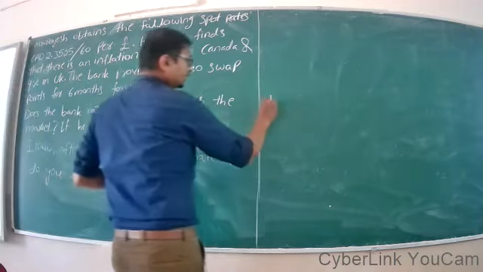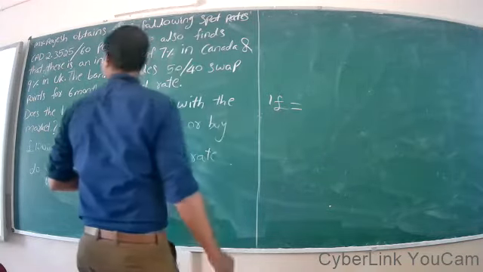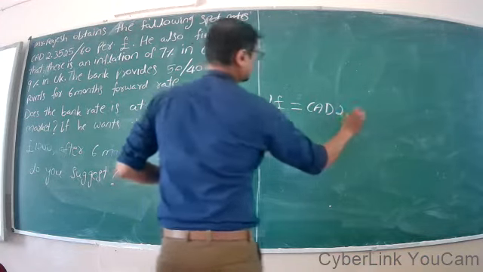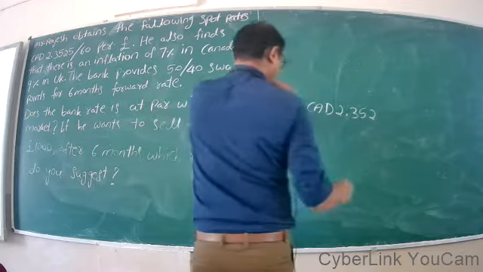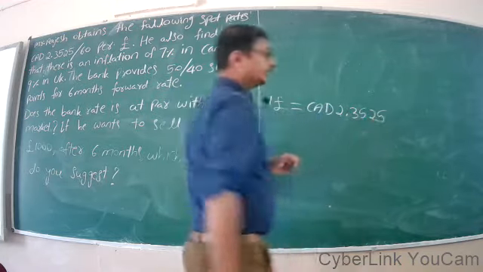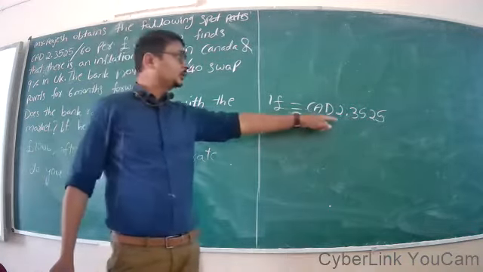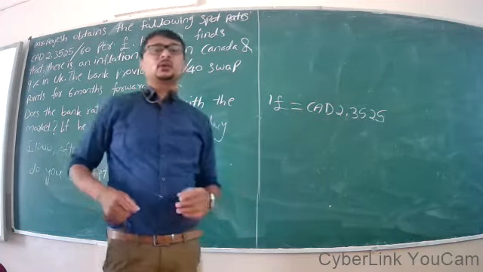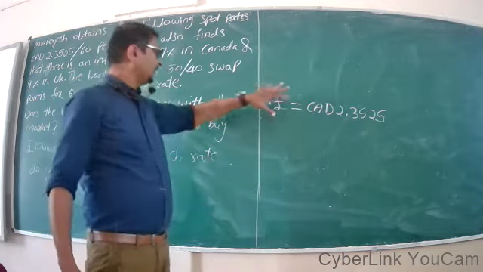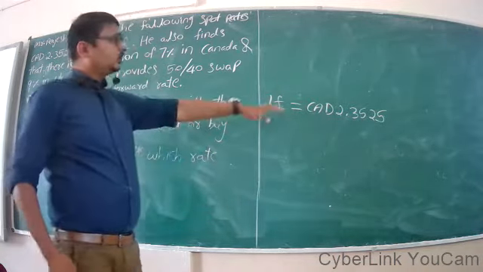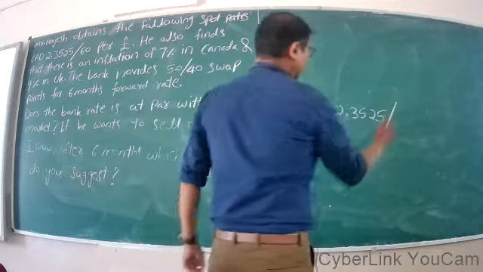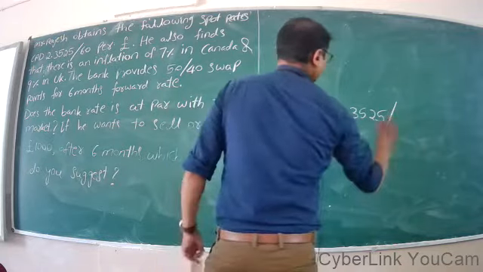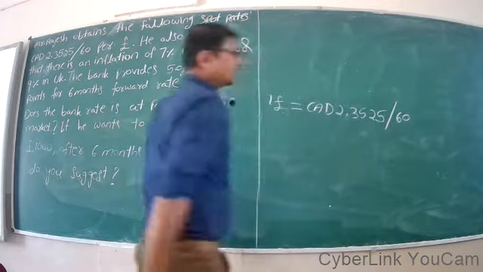Now they are saying per sterling pound. That means 1 sterling pound is equal to Canadian dollar 2.3525, which is the bid price. So we are discussing the relative version of purchasing power parity theory. Now, the given quotation is a two-way quotation: 1 sterling pound is equal to Canadian dollar 2.3525 and 2.3560 is the ask price.